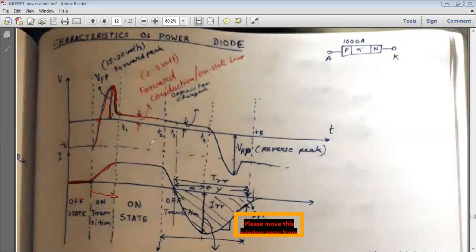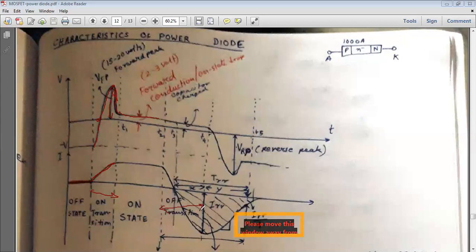It will not suddenly change. As I have mentioned already, if it is ideal, then it will instantly change to off state. But here it is not an ideal switch. It is a real switch, where it will slowly turn off or on. So there will be some transition period. That transition, since it is off, is known as the off transition period. So this is our off transition period.